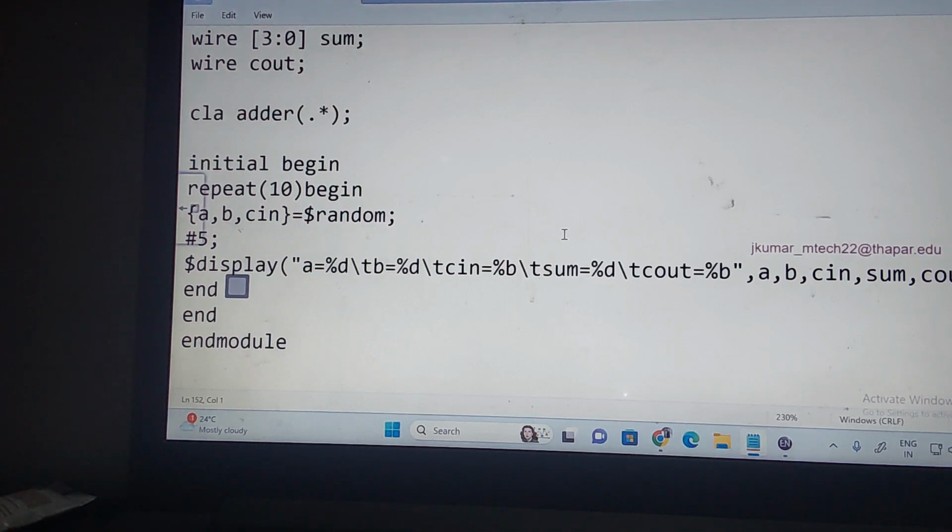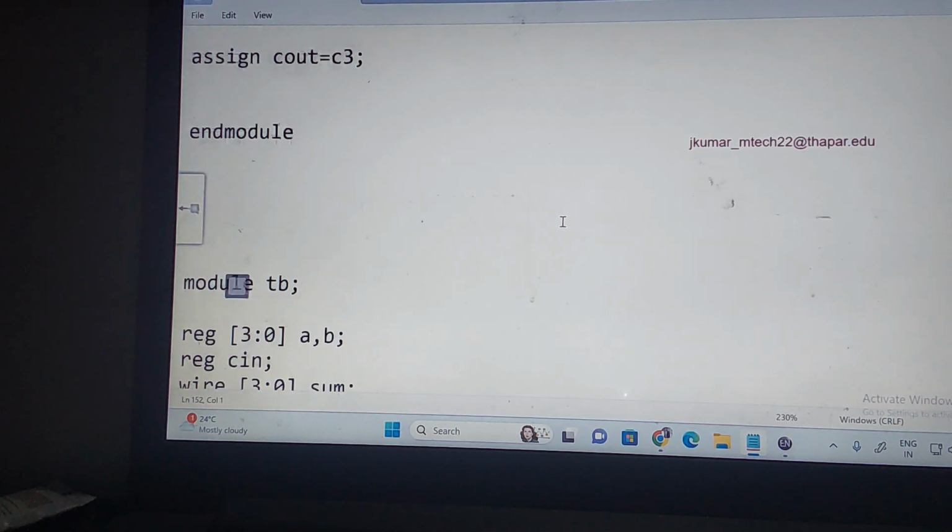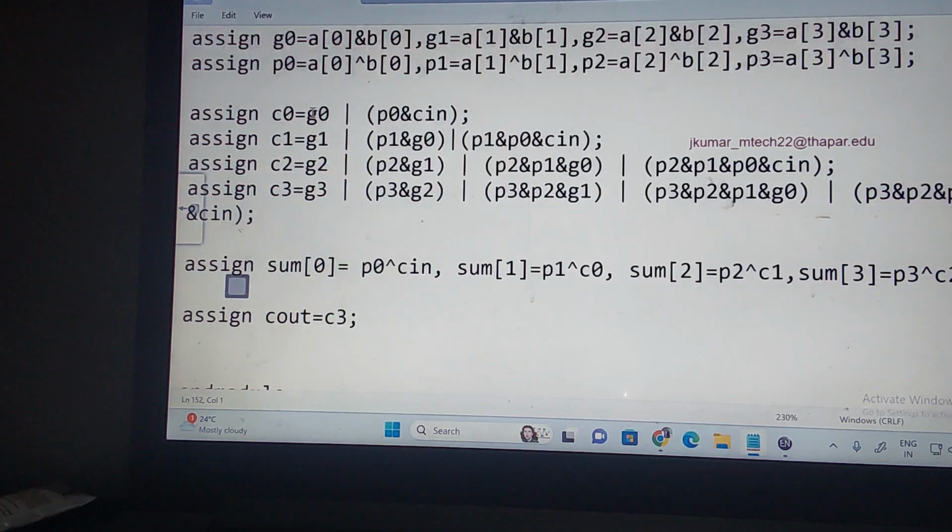The use of this carry look ahead adder is pre-computing the values of C0, C1, C2, C3. If you look at this logical expression, what is C0? A0 and B0. You know what A0 and B0 is, and P0 is A0 XOR B0. C0 you will already be knowing for the first stage, correct? If you know this, you are computing C0 with no need of doing the operation. Here also, you can see C1 is depending upon G1, which is A1 and B1, P1 which is A1 XOR B1, and G0 which is A0 and B0. And this also you know.